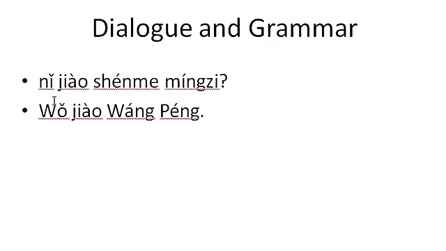So we put it all together. What is your name? My name is Wang Peng. 你叫什么名字？我叫王鹏。 And that concludes this video. You should now have a thorough understanding of the meaning of the dialogue for this unit. If you need to, you can go back and replay this video.